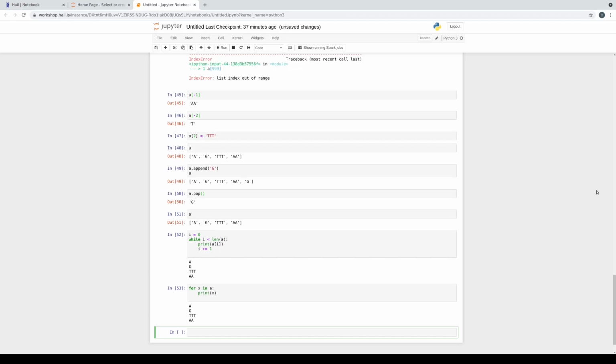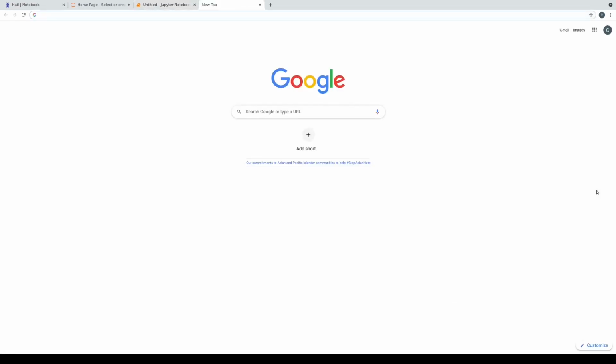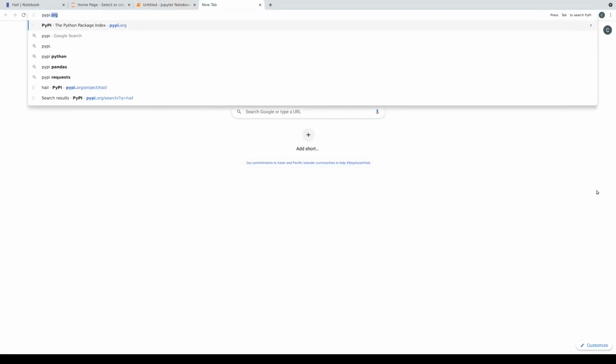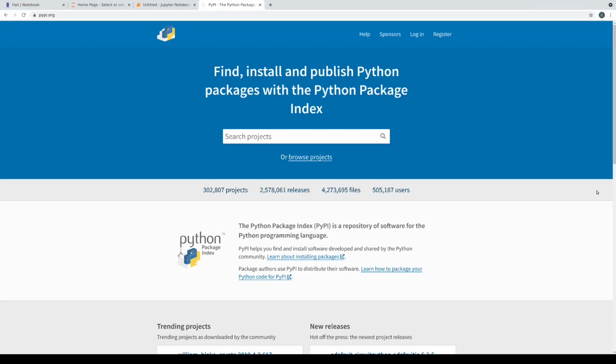The packages are published on something called the Python Package Index, that's pypi.org. And you can see there are 300,000 Python projects with 2.5 million releases that you can take advantage of. I don't find the Python Package Index website search super great.